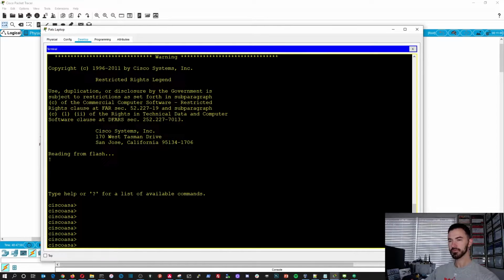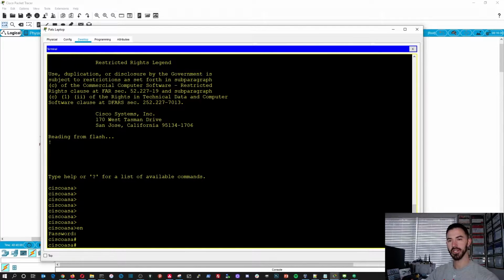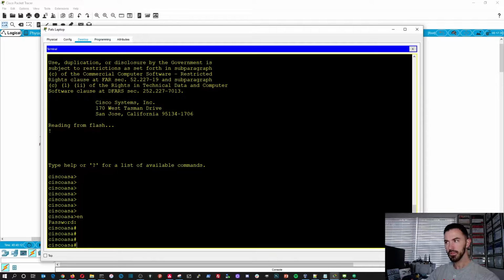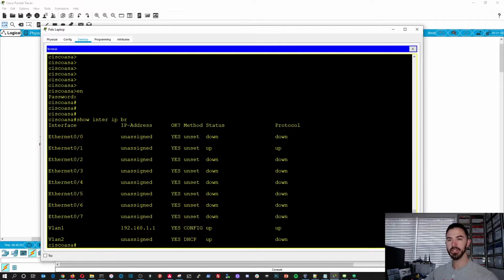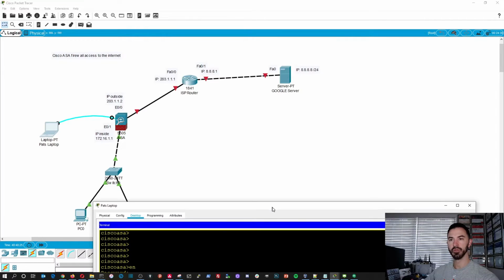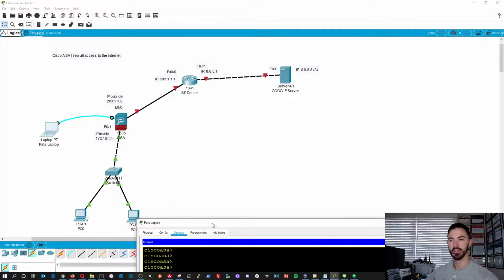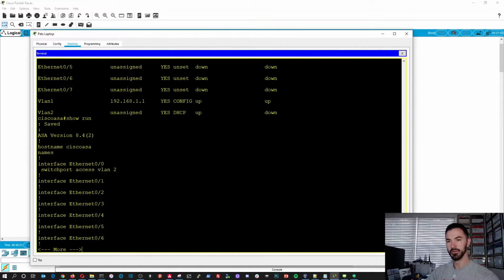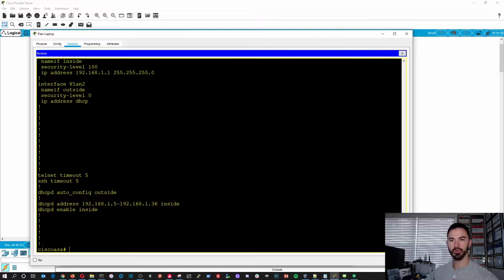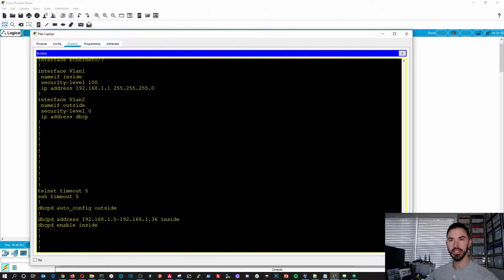All right, so now the first step is we're going to assign IP addresses to the ASA and the ISP router. So now we're just going to configure the interfaces. So let's do enable, and there's no password, just hit enter. And first things first, we're going to do configure terminal. So we can do show interface IP brief, and we can see that we have an IP address here, 192.168.1.1. But if we look back here, the inside interface is different. So we're going to do show run, and we have DHCP right here as well. We have to get rid of these two